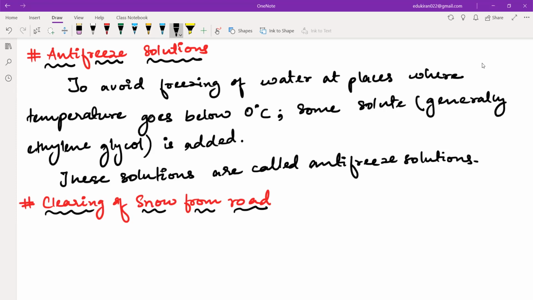On the snow, you will add common salt, that is NaCl, or calcium chloride, whichever is cheaper. You will add some solute, and slowly it will dissolve into the ice. The freezing point of ice will be lowered, so if you add salt to ice, it will become water because the freezing point has been lowered. So you can write: